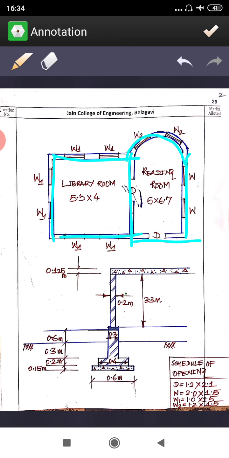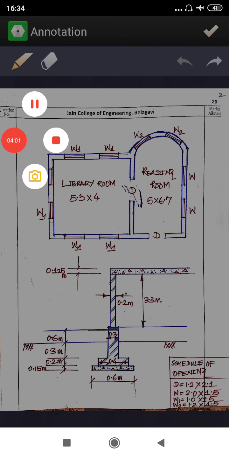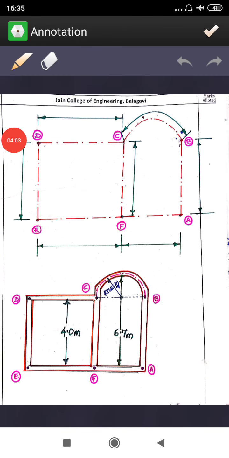Now to understand this in an easy manner, I have given different names for the sectional points. I'll show you that. I have given the names here. See this center to center points of all walls. Here I have given the names A, B, C, D, E and F, and you'll be having the walls like AB, BC, CD, DE, EF and FA.